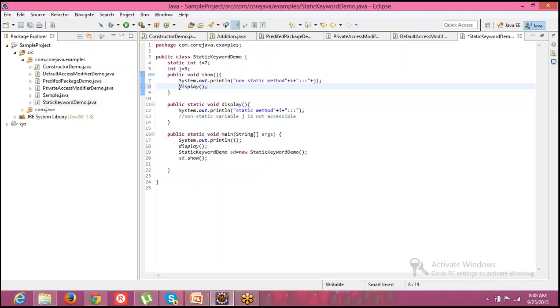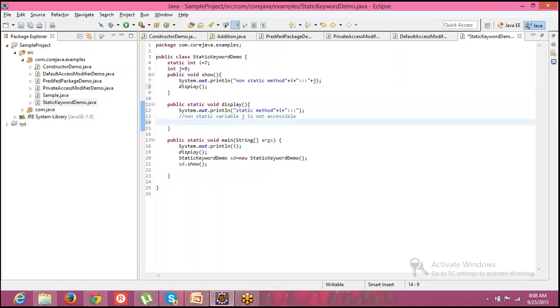Now I wanted to see the vice versa case, like I wanted to use this non-static method inside a static method. There might be some chances of using it like this, but you have to understand the concept, right? So that is what I am trying to project over here. See here, is it possible? No, it is not possible, so that's the reason why it is showing an error. From this, what we can conclude is a static method cannot access any non-static method.